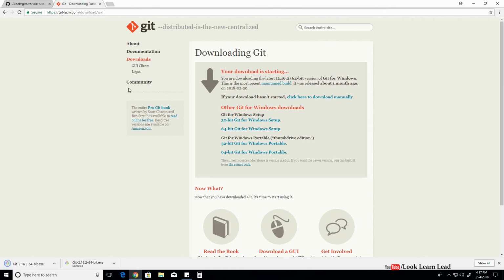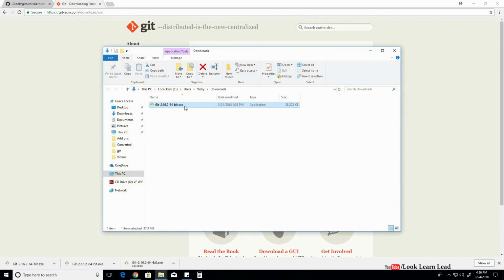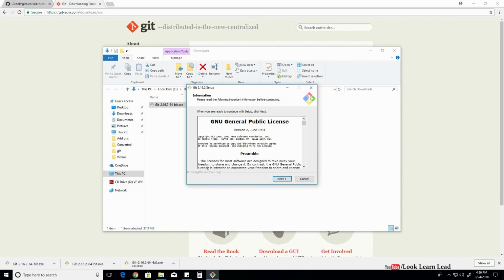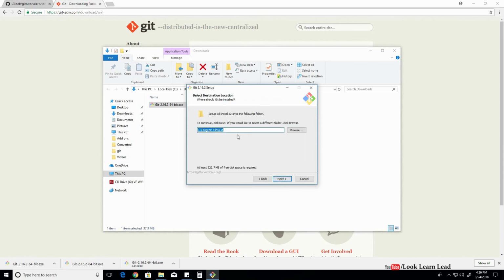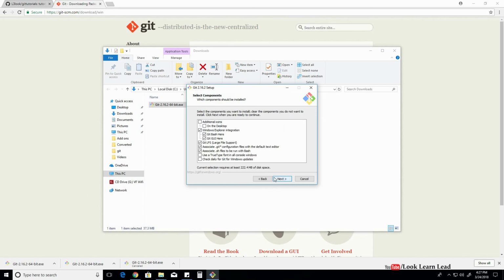Okay, it is downloaded. Now we'll be installing it. Let's open the file and install. So it is shown in the folder. I'm going to install it. Just run. So it would be installing. It is the general public license. So I'll click next. Here it would show the path where you want to store the Git folder. It is C drive, Program Files, Git. Next, here it is like Git Bash and Git GUI. Additionally, yes, I want a desktop icon, so I would click on the desktop. Okay, so I'll click next.